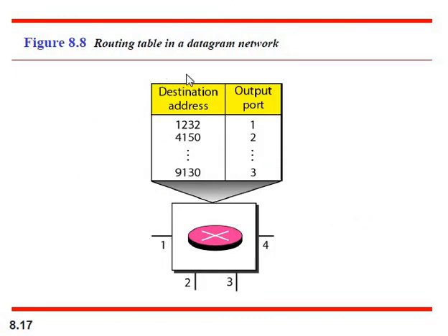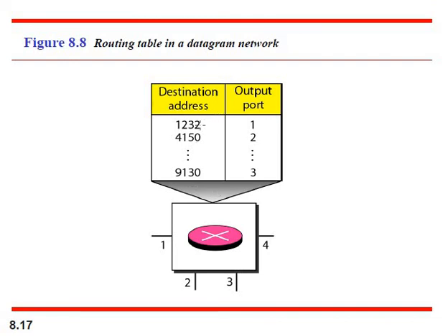Next, the datagram network contains information in the form of a table, that is nothing but the routing table. This way the router will redirect the packets it has received. You can see inputs coming in this way, and then outputs: output port 1, output port 2, 3, 4 and so on. So one router may have n number of output ports, but the input port will be 1.